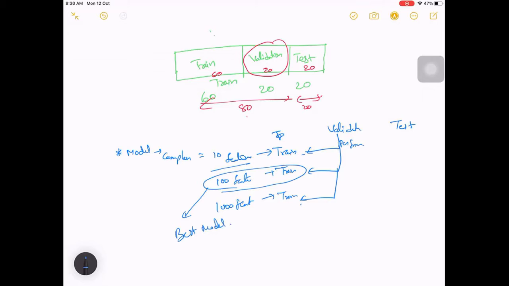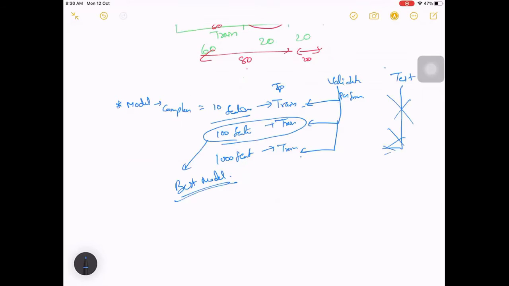So up to this point, we are not touching the test set at all. In all these cases, we won't be doing any optimization on the test set. Finally, you consider what is the best model which is ready for deployment. But we need to give the performance, like how accurate your model is. At that time you take this test set.